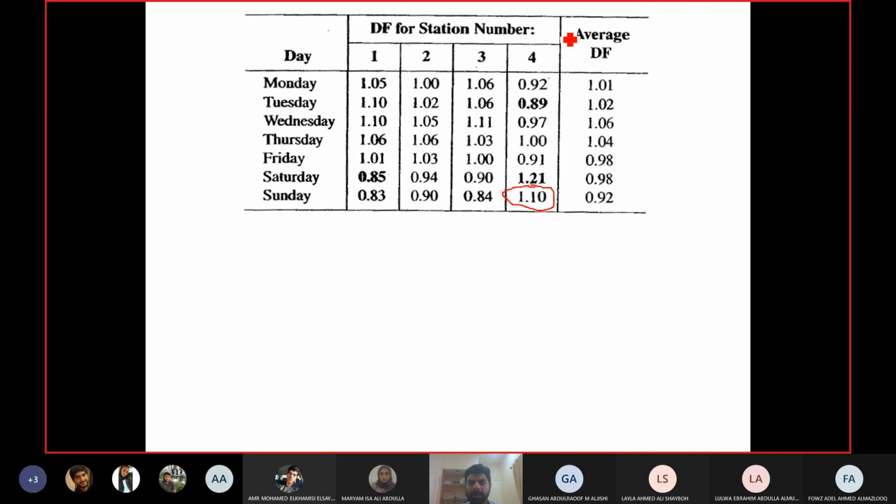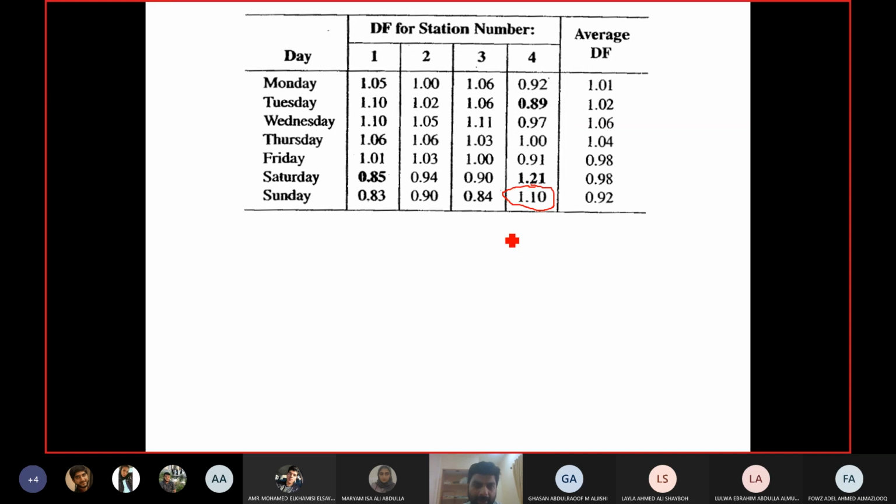So when you got Tuesday out of the range, the first value, even if you didn't look at the other values, this is fine for the result that these four stations cannot be combined. And then why did I calculate all these values? Why did I stop here? Because maybe I can combine the remaining three stations together and keep station 4 as separate. So instead of having 4 sets of values, I will still have 2 sets of values. Okay, so 2 is still better than 4, not in terms of number, I mean in terms of convenience.